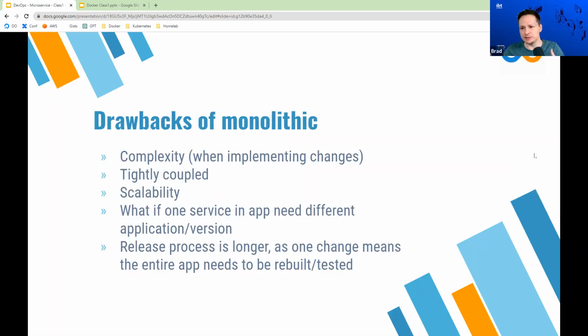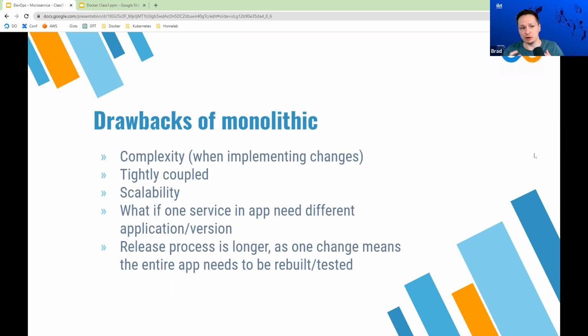So we sort of mentioned what the drawbacks of the complexity were there, so I'm going to go over them in a little bit more detail here. So here are the different drawbacks. You have complexity, and the complexity for a monolithic architecture is more about when you're actually implementing changes.